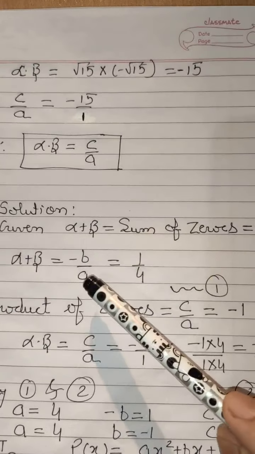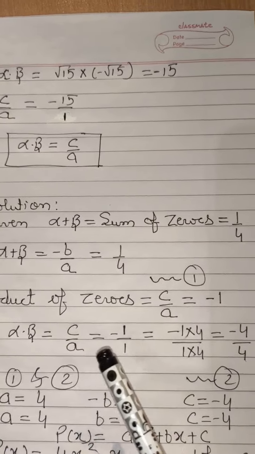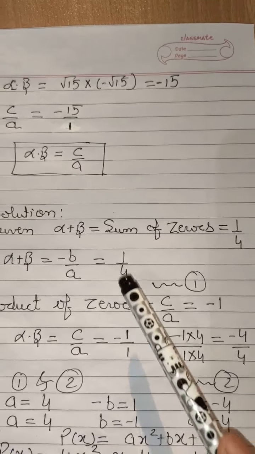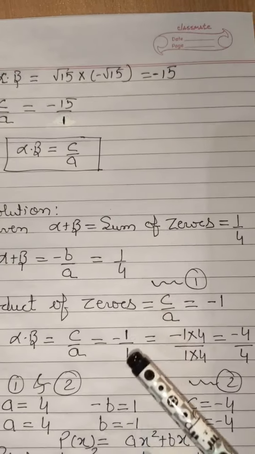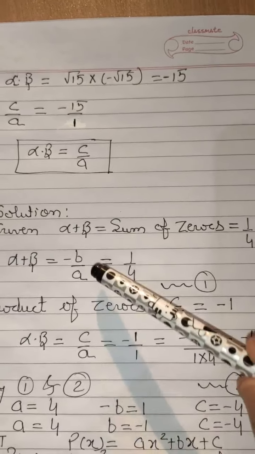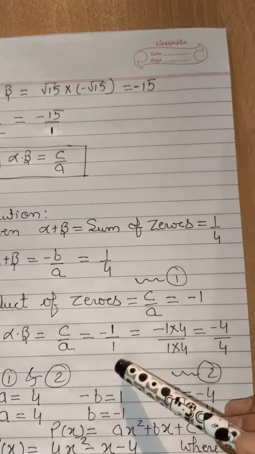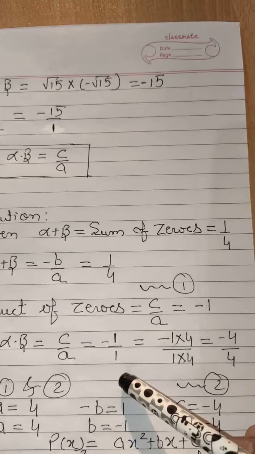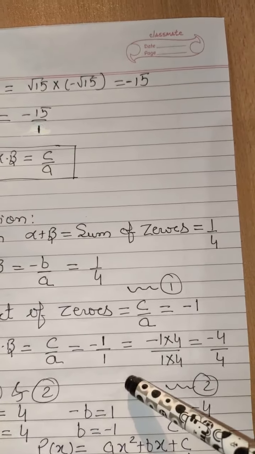As you compare here, these are the ratios. Here A is equal to 4. Here A is equal to what? 1. A is a part of the same polynomial, so it will be the same. But why are we seeing different values in two places? Because these are ratios, and ratios are always written in simplest form. So we will change its look. How can we change it? Here we can multiply by 4 in numerator and denominator.